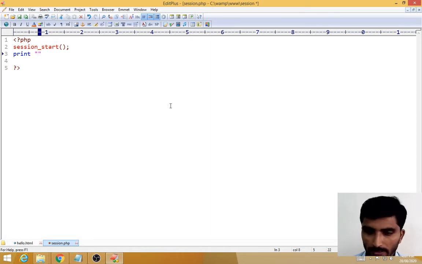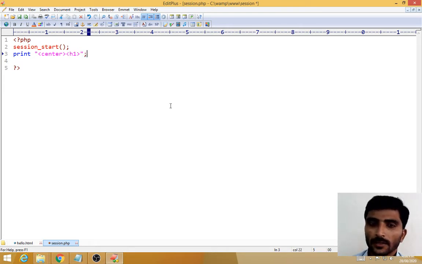I want to make whatever I display centered and bold, and also a heading 1, that is H1. Then semicolon. You can use HTML tags like this within double quotes.